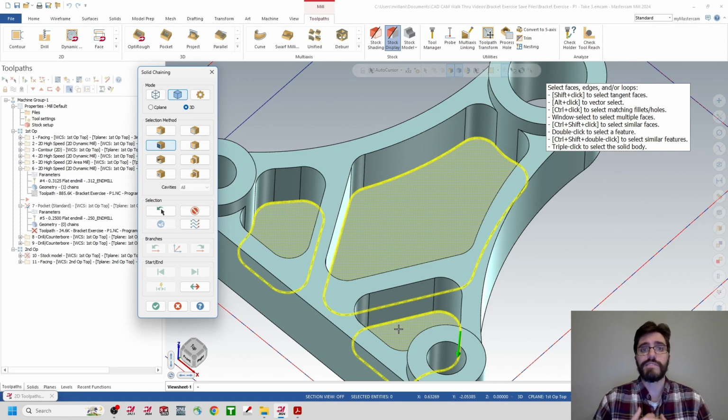Now, one thing I want to mention again too, since we do have more options to update this with the pocket selection for solid chaining, if you are going to select loops, you just want to make sure that all of your loops are running counterclockwise, because again, everything is going to be reversed when you're doing internal pockets versus external contours. However, when you're using the face option and you're using the pocket here, you can just click on any one of these faces. It doesn't matter what the arrow is going to be going. We will actually control that with additional parameter settings in the toolpath parameters. So again, I just selected those three faces, and we can hit the green check mark here to complete